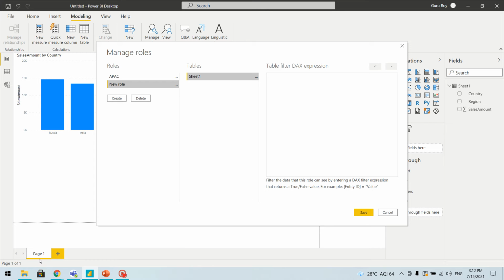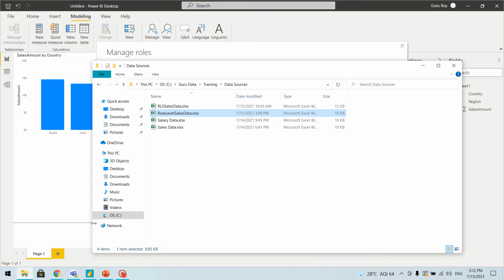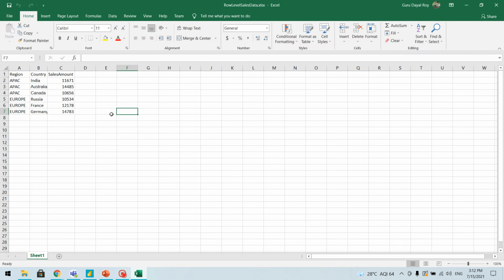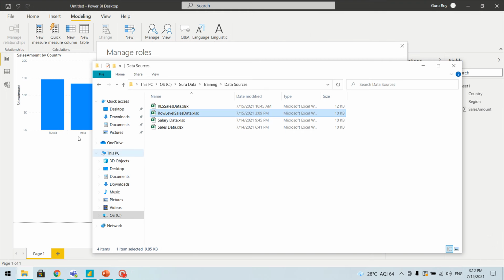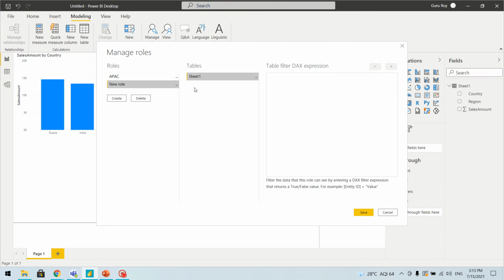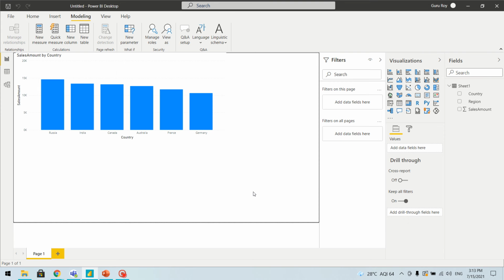Let's see what roles we have other than APAC: Europe. So let's copy and create that role as well. We'll name this Europe, and then add a filter on the region with the value Europe. It's very simple.